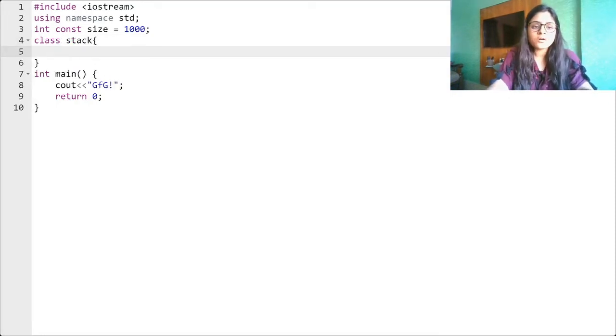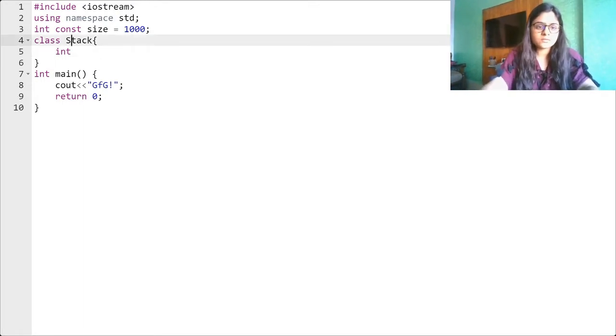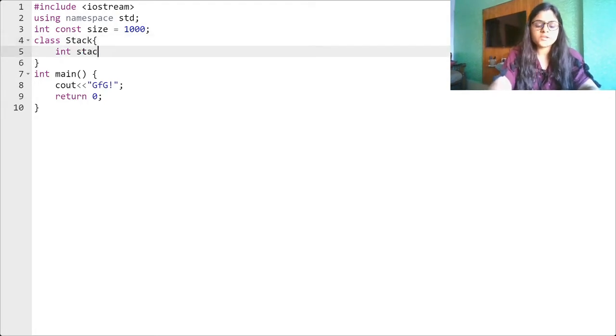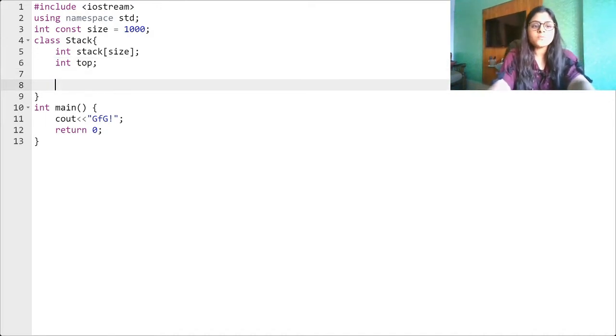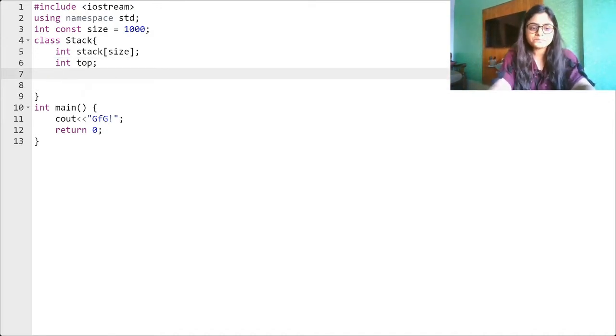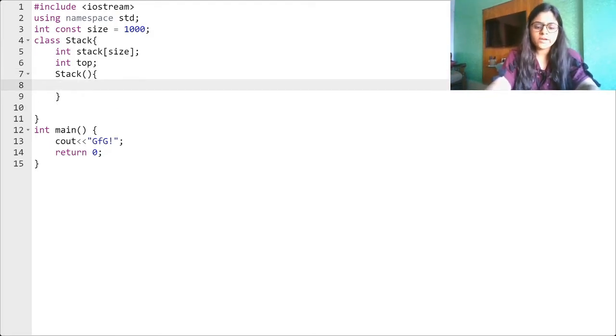Fine. So for us to implement stack using arrays, let us define a class Stack. Fine. And what will be the data members? It will be an array. Let's just make it capital S, any, and let's just name the array this, and it is of size, and there will be one variable, of course, the top. Now what this top does is maintain the index of the topmost element, right? We will initialize it with -1.